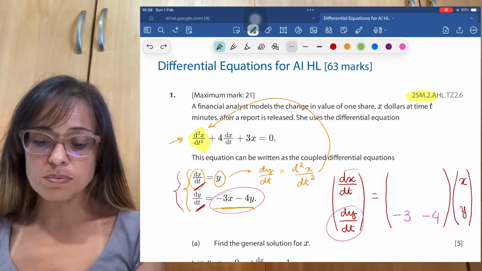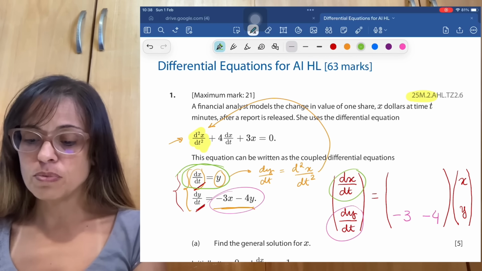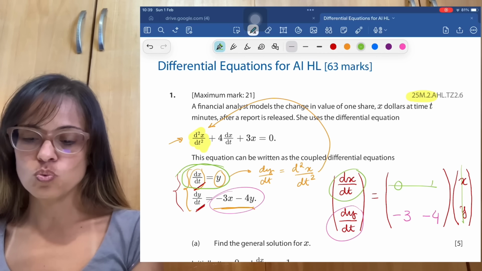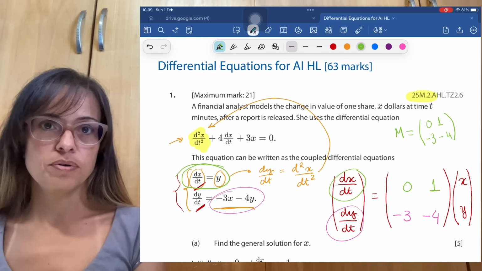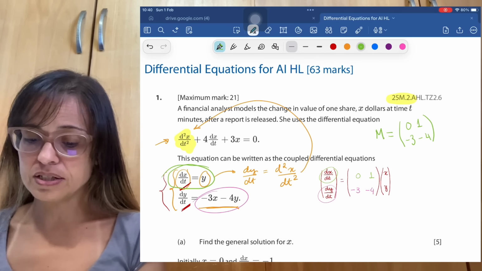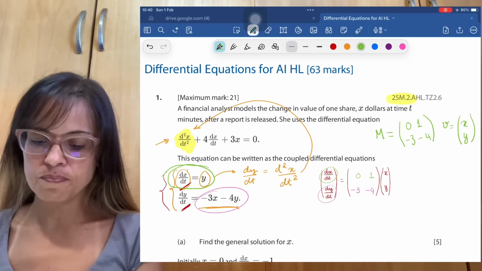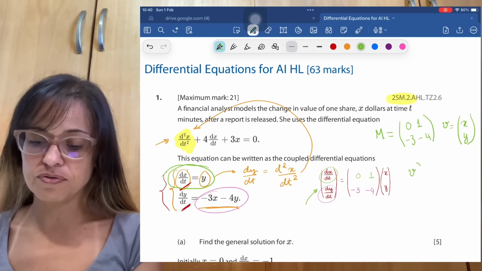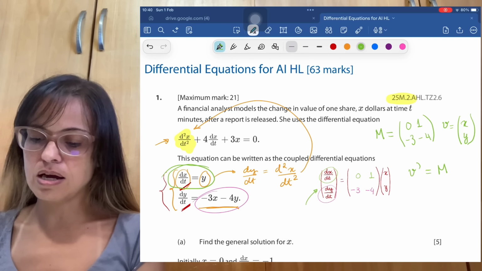And we're going to do the same thing to dx/dt, but the equation in the system for dx/dt is just y. So the multiplication here shouldn't have any x and just one y. That's the matrix, okay? 0, 1, negative 3, negative 4. So the way that you should look at it is if (x, y) is the vector v, then this other vector on the left side is the derivative of the vector, v prime, and v prime is equal to the matrix M times